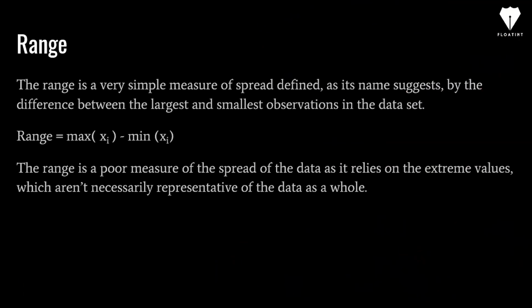Another measure of spread is range. So this is nothing but the max value in your data set minus the minimum value, right? So let's say when your data has many outliers, then this value is very poor. So range is very poor measure of spread of data in that case. So let's say I take this example. So this is one data set. My range will be nothing but 15 minus 2, that is 13.